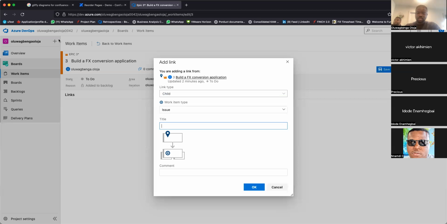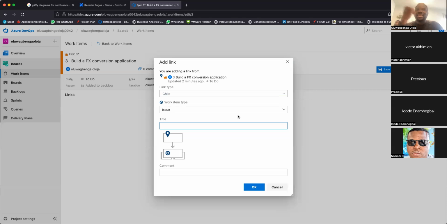Yeah. So basically, we can still use this. This is story, this is issue, whatever. And remember, I told you the hierarchy. It can be epic to features, right? Sometimes it can be epic to user story directly. It depends on how you want to structure it.